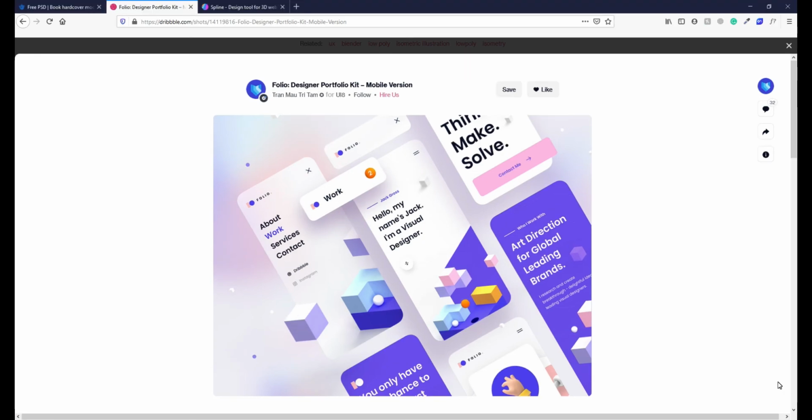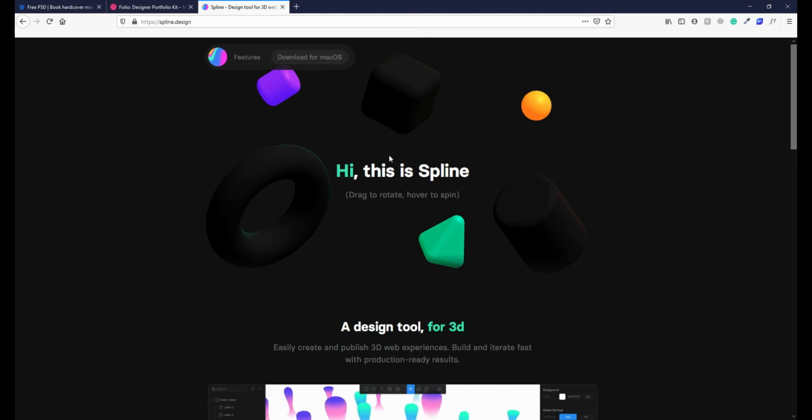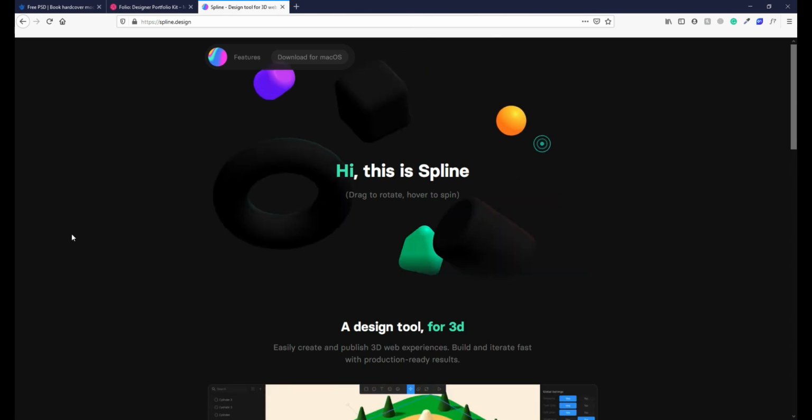Hey, are you also a 2D designer like me and wonder if you could make 3D designs as simply as you make 2D designs? Then let me show you this really cool design tool called Spline, and this is their website.